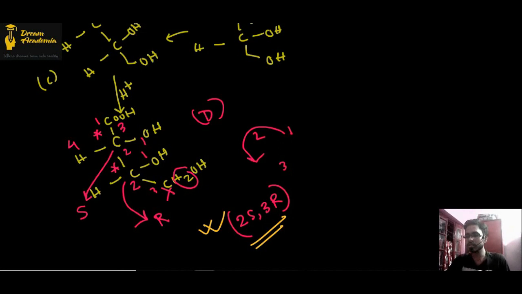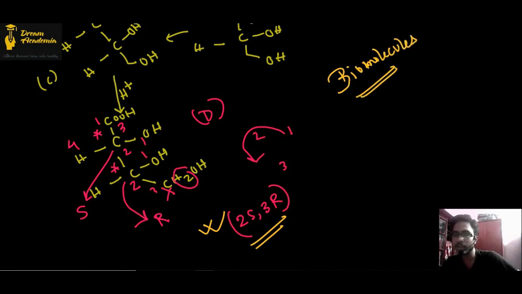Okay. So this is the basic method of problem solving. If you are given optical isomerism questions, you will be solving it this way. I hope your concept is clear. And this type of question, the last question, we will do more in the biomolecules chapter. I will be teaching you this one. Quite an important chapter, quite scoring one. Because if you are aware of this type of mechanism, you will be solving this question easily. Okay. ठीक है, तो चलो आज के लिए इतना तक, and I will see you next time. Goodbye.